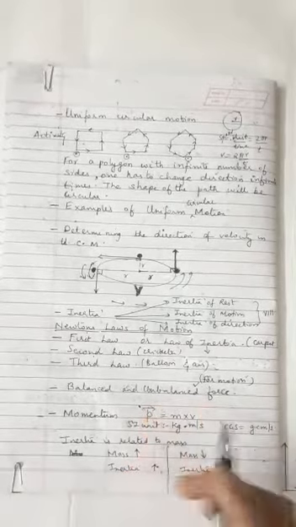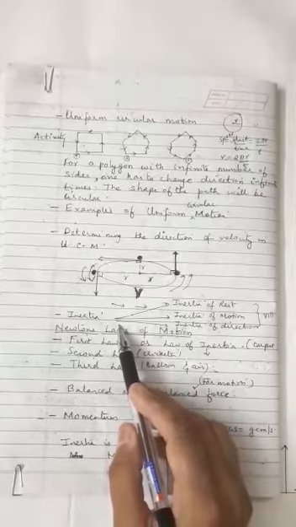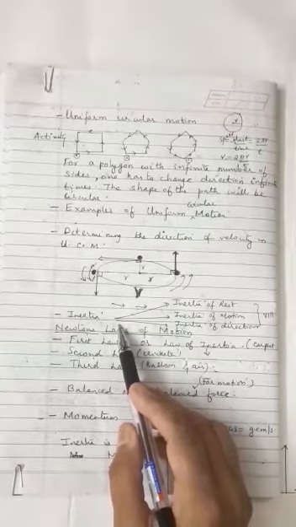Okay. Now the next topic: inertia. Children, what is inertia? The tendency of a body to resist the change in its state of rest or state of motion is called inertia. Inertia is directly related with mass. Greater the mass, greater is the inertia. Lesser the mass, less is the inertia. I repeat once again, what is inertia? The tendency of a body to resist change in a state of rest or a state of motion is called inertia.